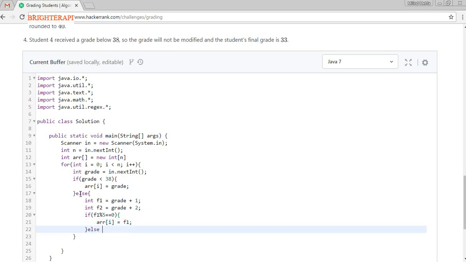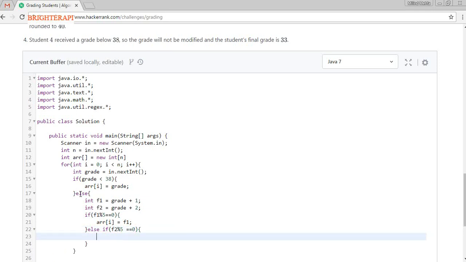Else, if f2 percent 5 is equal to 0, because it's a difference of 2 marks, then array of i is equal to f2. Else we need not change anything, and we save it as it is.